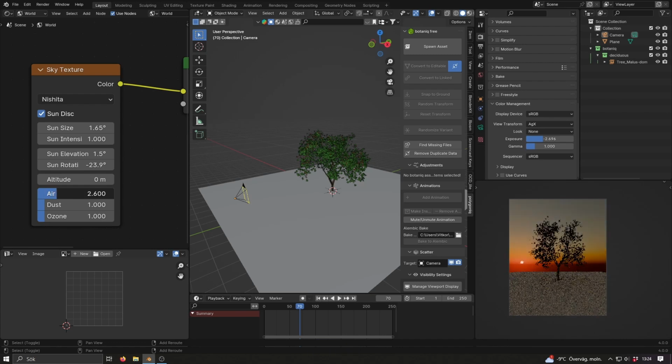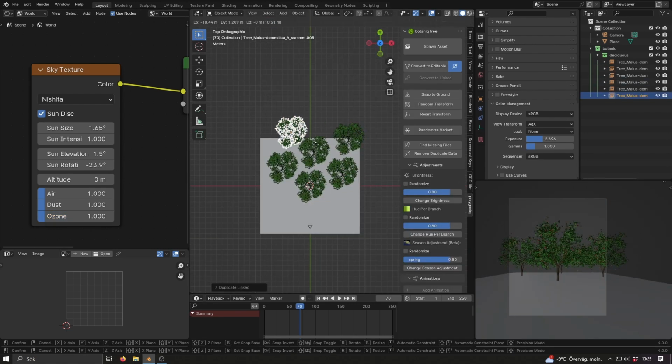If you increase the air, it's going to become more red, it seems. And dust, it does something, I guess. But yeah, just adjust these and see what you like. I'm going to copy these trees around a bit,